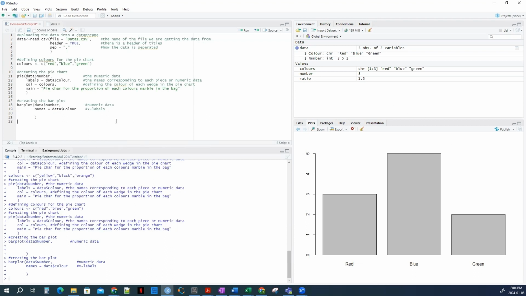Now that we have our labels, we can do a couple things. We can give it a title, which once again is main, and this is going to be bar chart for the number of marbles in the bag. And the name, and now if we run it again,